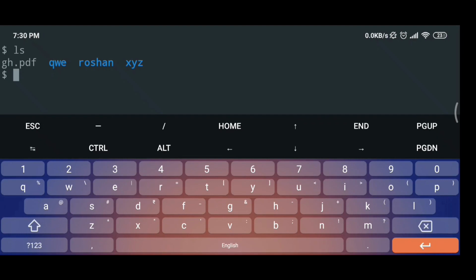Here let's suppose we want to rename the xyz directory or folder. To do so, type the command mv space and the folder name which you want to be renamed, here xyz, space and the new name which you want, here mnop. We can also see what the command does by simply typing -v and hit enter. You can see it renamed xyz into mnop. Now you can also check by typing ls. Now you can see there is no xyz folder and the new folder mnop has been created.